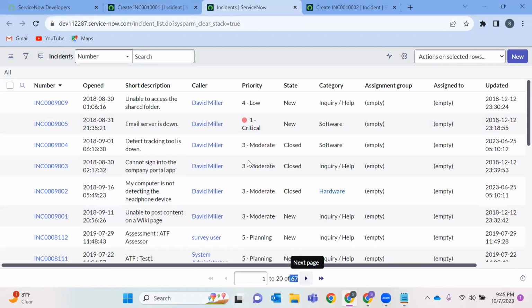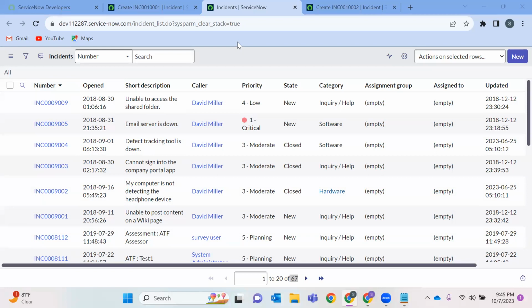We say records here because a record is a combination of a row and a column. What is a column here? Number is a column. Opened is a column. Short description is a column. Not only here, it is common in every table. All tables function the same.